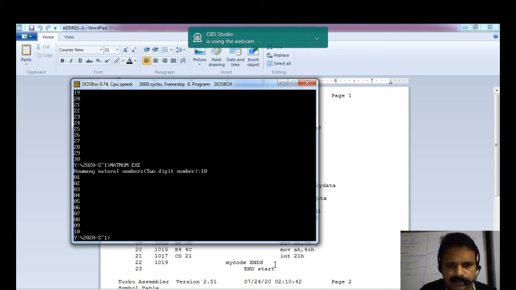So it is not necessary that we need a Turbo Debugger or any debugger to watch the output of an 8086 assembly language program. It can take input and print some output on the screen, but the program is a little bit big. I will show you the program.